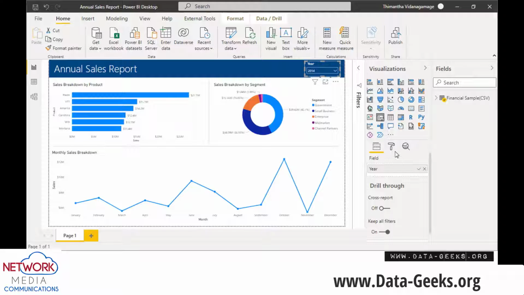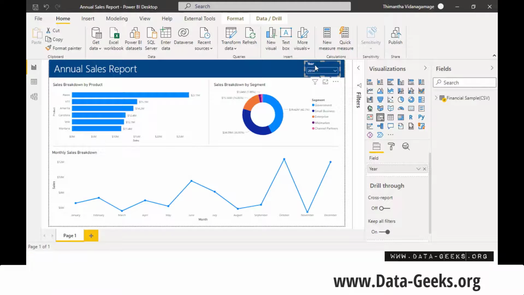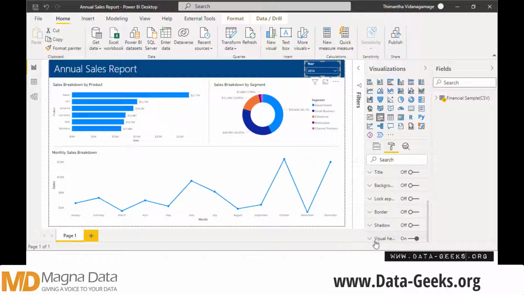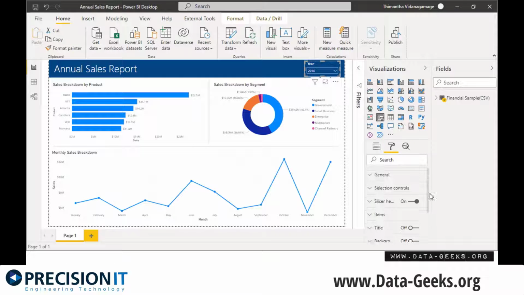Select the filter or the slicer and head into the Format pane on the right-hand side of your screen. In the Format pane, scroll right down and you should be able to see an option called Visual header. I'm sorry, not Visual header. It should be